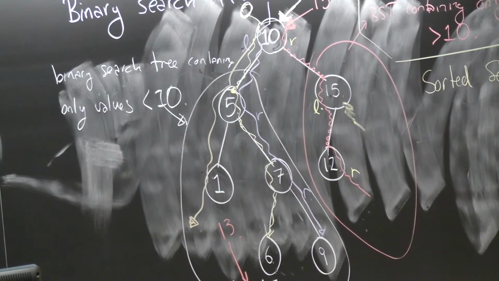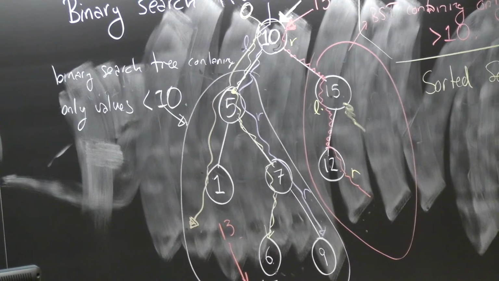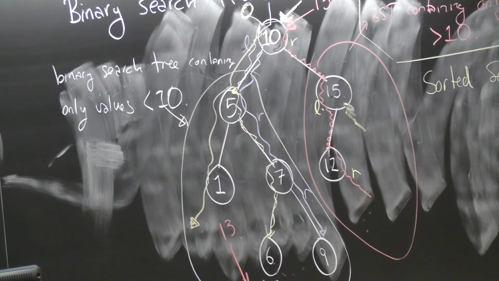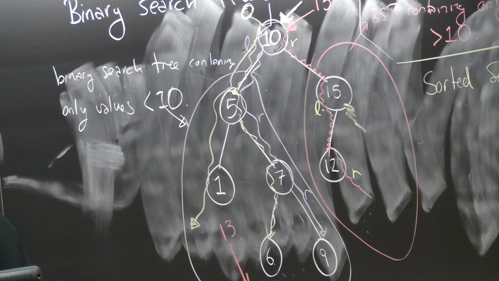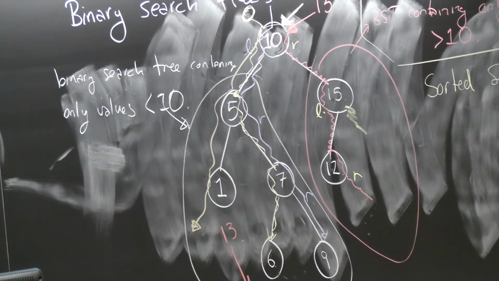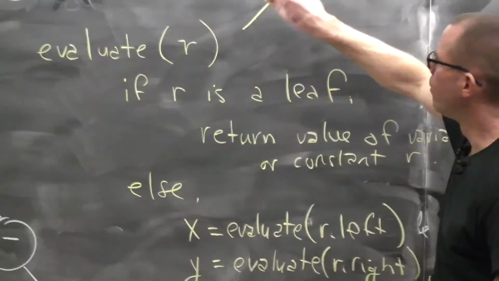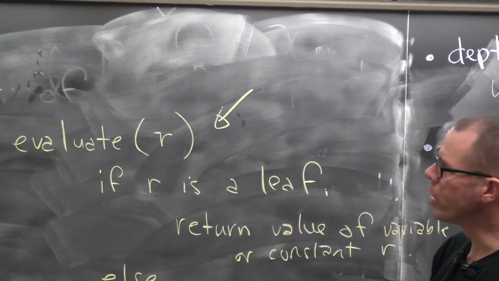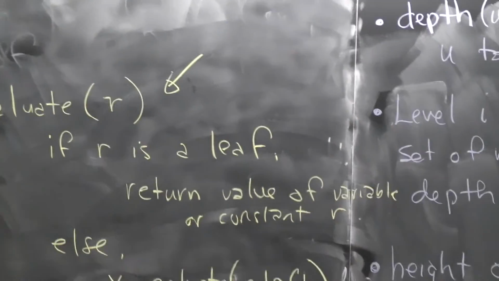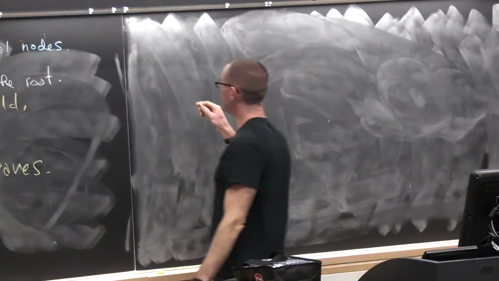Let's leave expression trees. Phylogenetic trees are not so important. So we've seen over here, we kind of wrote down an algorithm for evaluating a node, the value of a node in an expression tree. Let's try and do some other things, see if we can solve some other problems on trees this way. So for example,